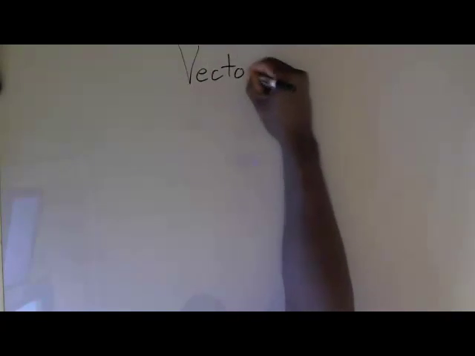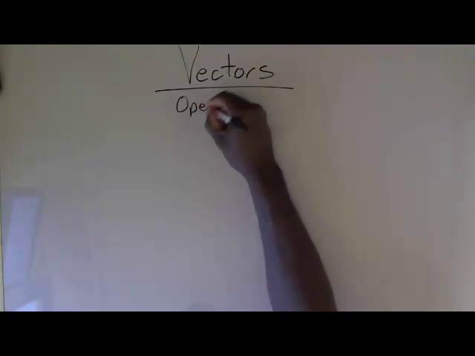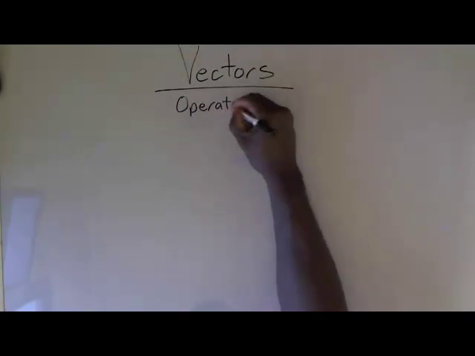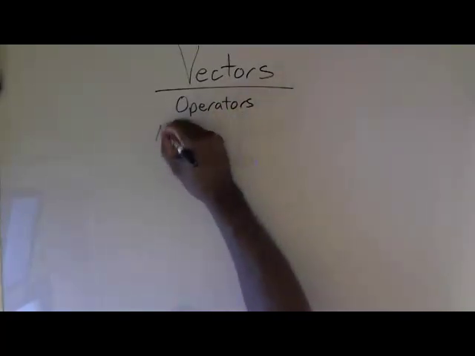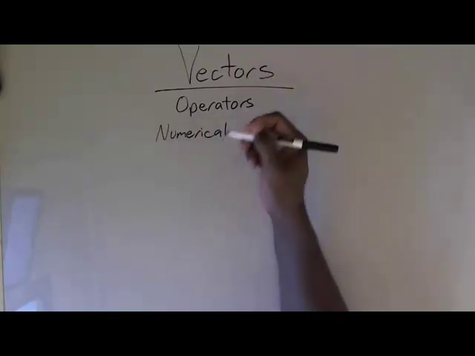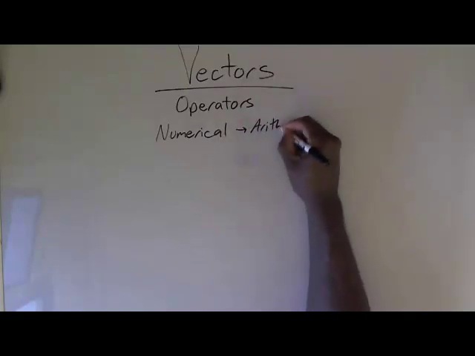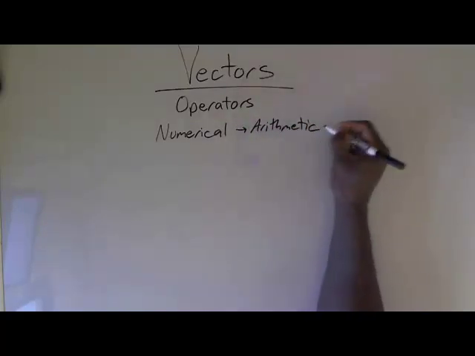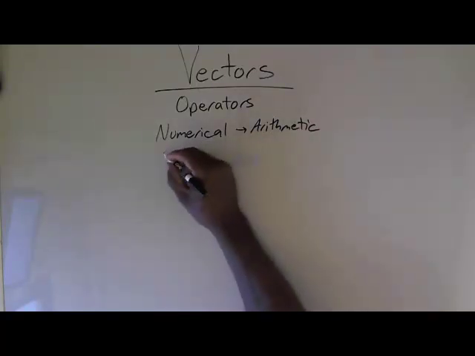Okay, this video segment, we're still on the topic of vectors. And today's topic, we're going to talk about operators on vectors. Specifically, there are two types, or I categorize them as two types. They're numerical operators, also known as arithmetic operators. So how do you do basic math with vectors? And then the other one are logical